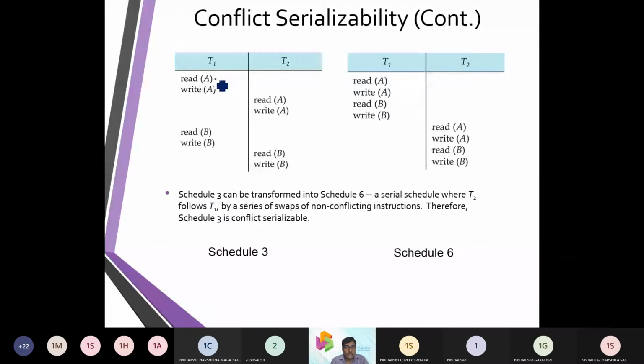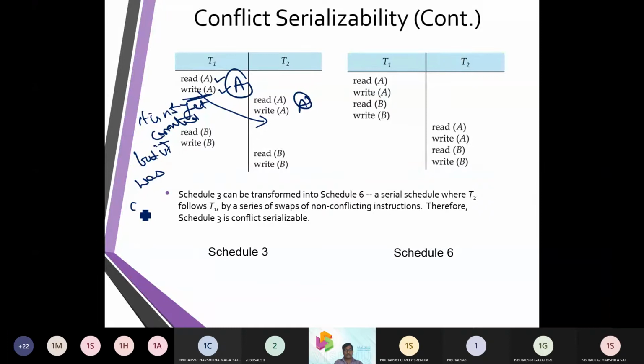You can see transaction 1 needs A. Transaction 2 also needs A. It made a write operation, it is not yet committed, but it was called by T2, isn't it?